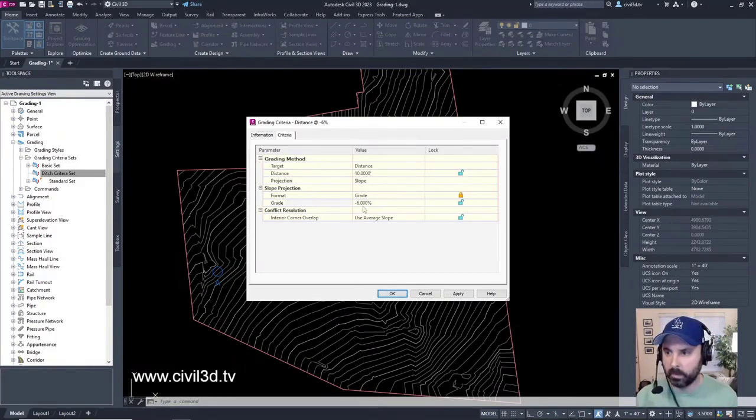Now for the grade parameter, is it perimeter or parameter? I think it's parameter. We're going to lock this. When you lock a grade value in grading criteria, you are not prompted to specify its value each time you use the criteria. Okay, so it becomes more or less like an automatic thing. So we're going to be clicking OK.